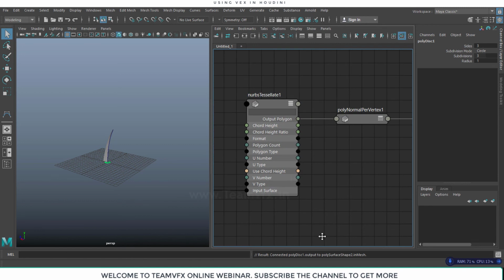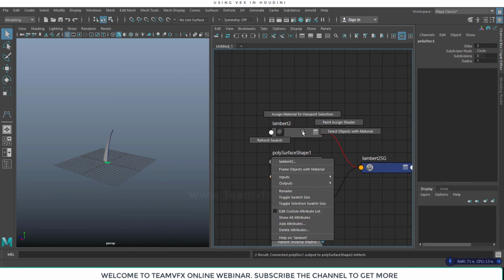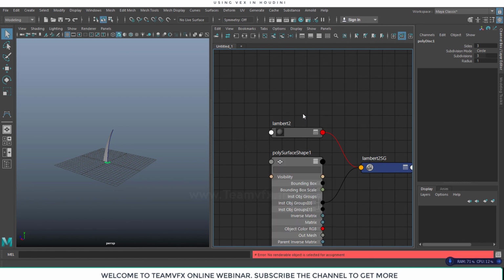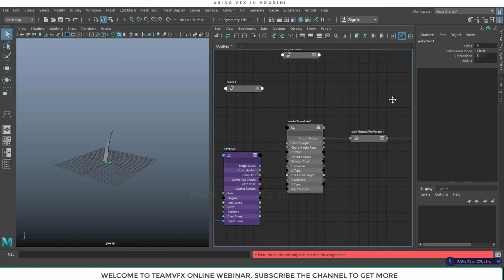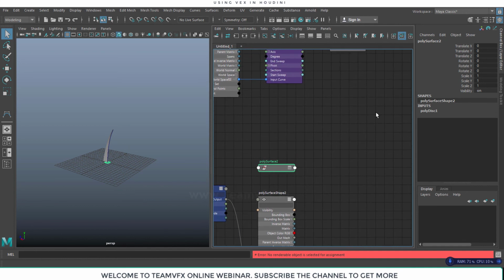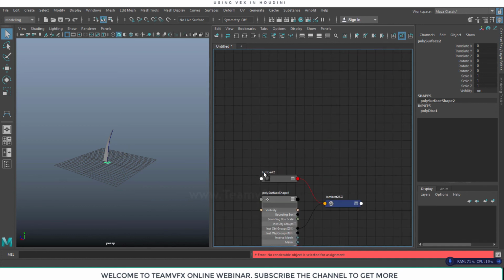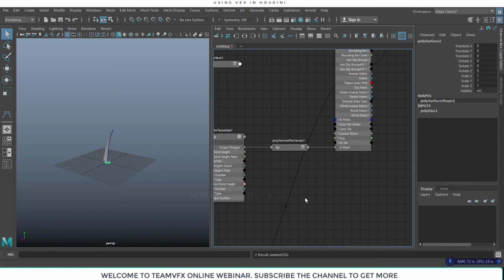Again I will assign the default Lambert to that value, assign material to viewport selection. Okay, we need to select the object first, because Maya always shows the surface transform node of the surface. So we have to select this, go to Lambert and assign material to selection. Now we have a poly disk.